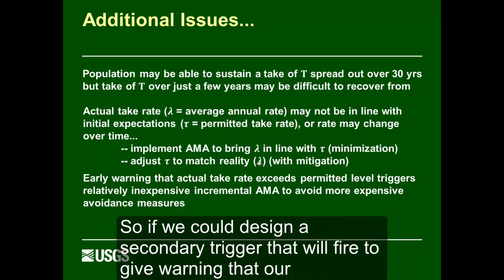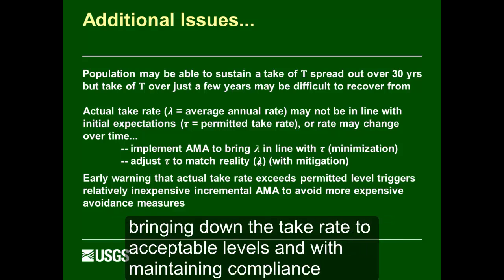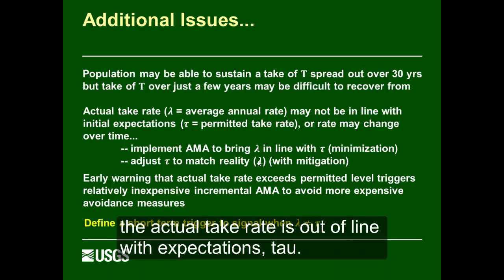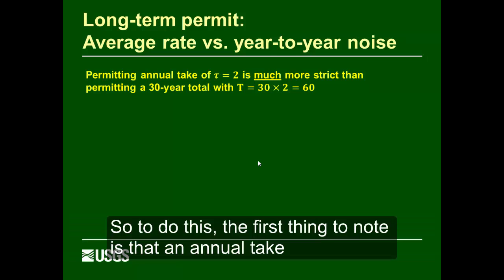So if we could design a secondary trigger that will fire to give warning that our take rate is higher than is sustainable under the permit, that could be very helpful in bringing down the take rate to acceptable levels and in maintaining compliance with the permit. So the goal is to define a short-term trigger to signal when the actual take rate is out of line with expectations, tau. To do this, the first thing to note is that an annual take of 2